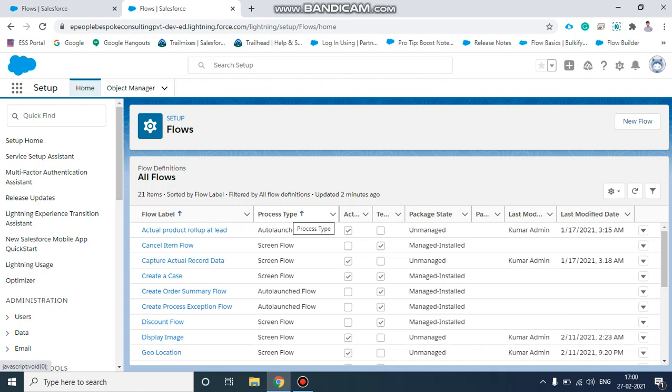ContentDocumentLink is where all these uploaded file IDs are stored. Based on that, I get all the records and then I give a decision, and that worked for me.